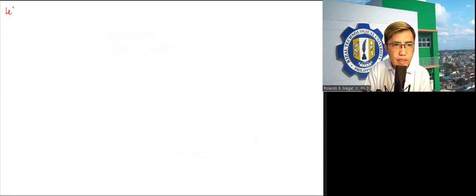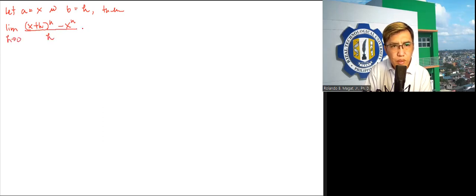Let a be equal to x and b be equal to h. Then what we're going to do is we have the limit of (x plus h) to the n power minus x to the n power, all over h, as h approaches 0. Applying the binomial theorem to the first term,